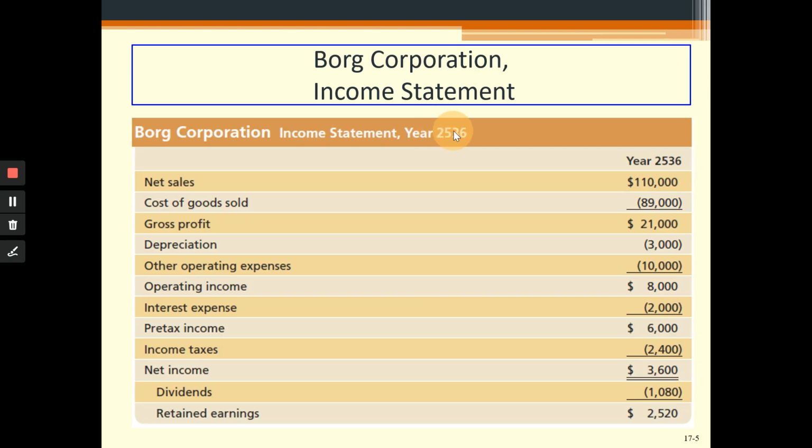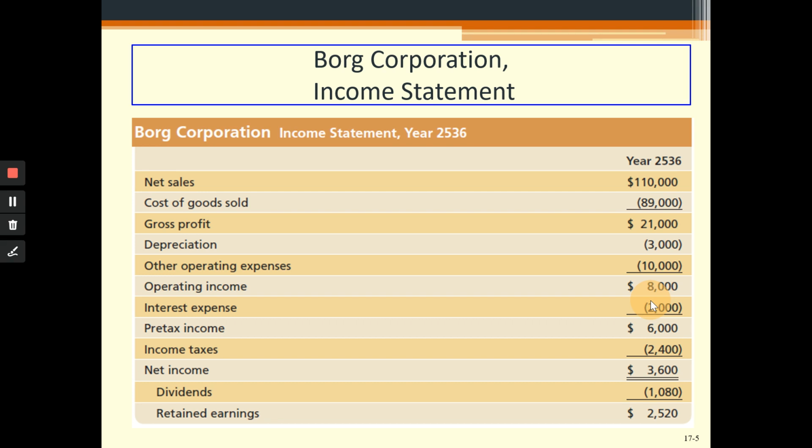So for the 2536 year, this is the income statement of this imaginary company, the Borg Corporation, and its net sales are given as 110,000. Then you have the cost of goods sold of 89,000. Once you subtract the cost of goods sold from the net sales, you arrive at the gross profit, from which you need to subtract the depreciation and operating expenses. You arrive at the operating income, and then you have the interest expense, which you have to pay on the